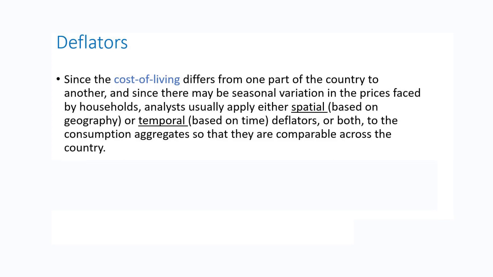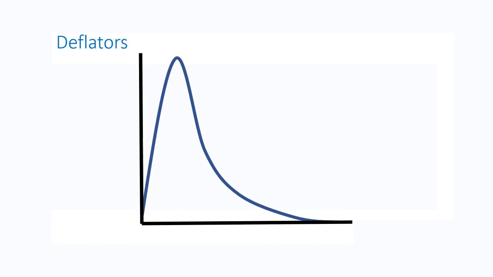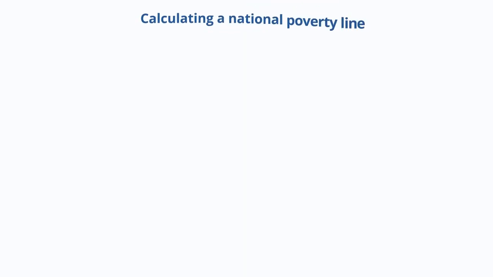So once we have these adjustments, both the household equivalents or per capita and the price deflator, we adjust the consumption aggregate so we have a comparable consumption aggregate for all households in the country. We then begin the process of calculating a poverty line. As I mentioned, the international poverty line has been set. It's $1.90 per day adjusted for purchasing power parity. The process of calculating a national poverty line is fairly complicated, and so I will only touch on a few of the high-level ideas here.